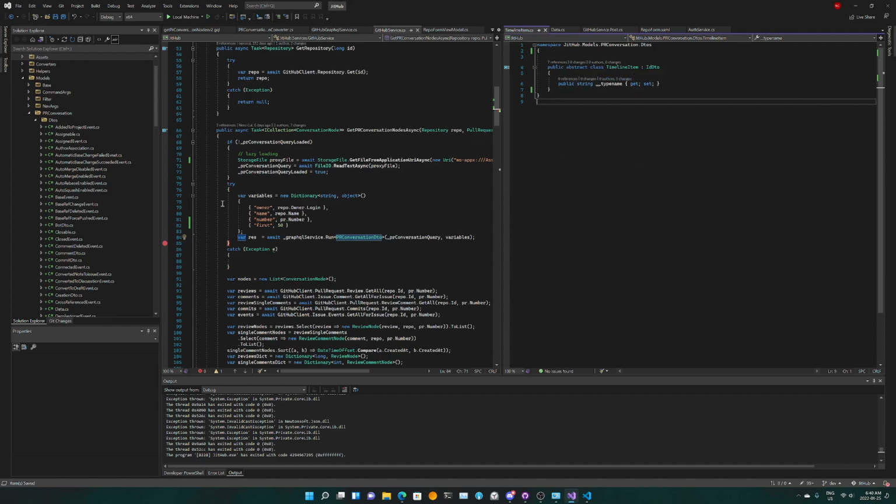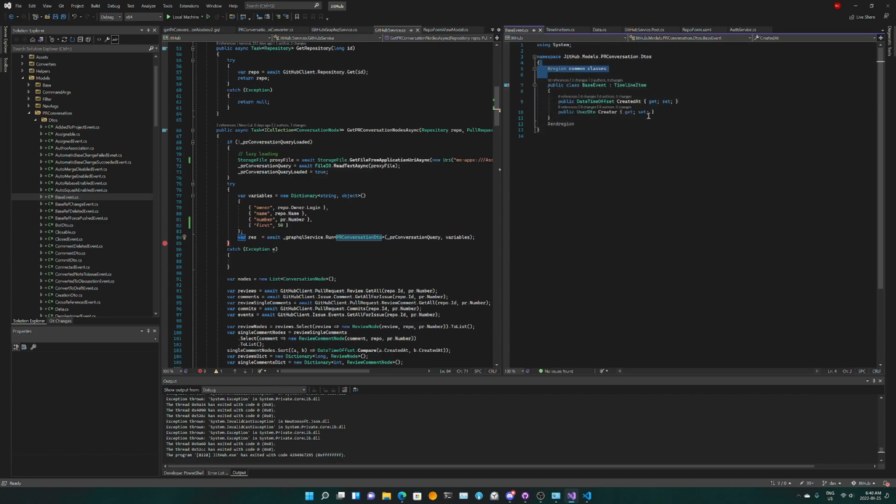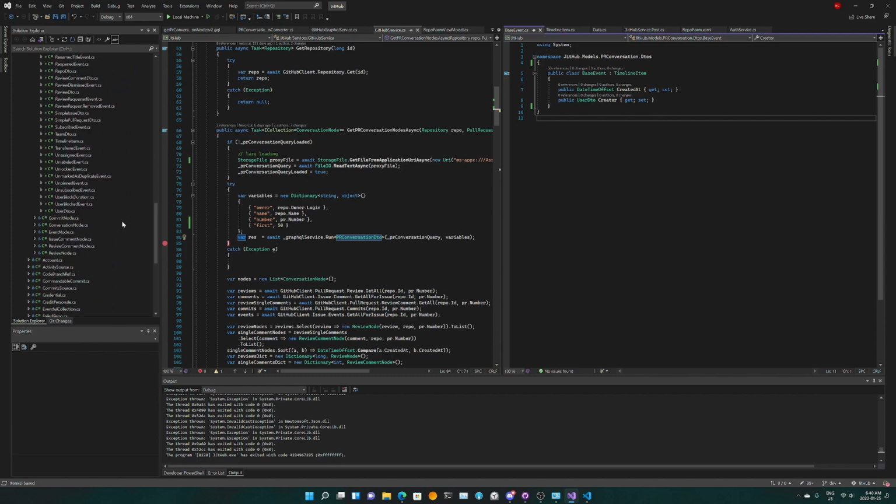All right, so for timeline item, we have all of the events. We should delete these. All of the events that implement the base event are a timeline item, and there are about 50 references of them already. So we have a ton of events, and those are already a lot, right? And there are also things like